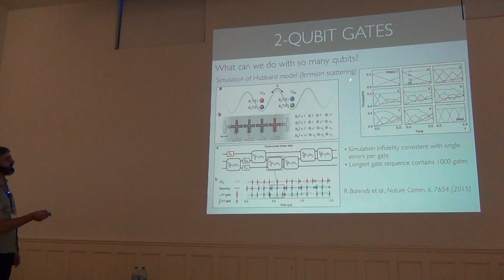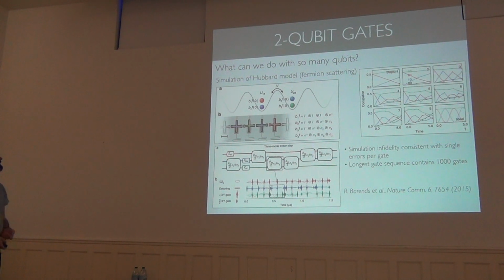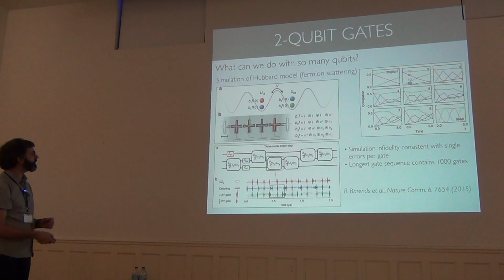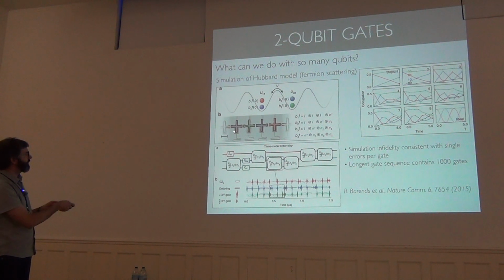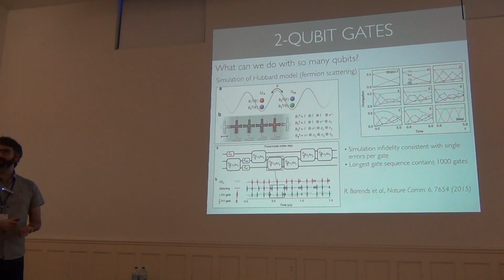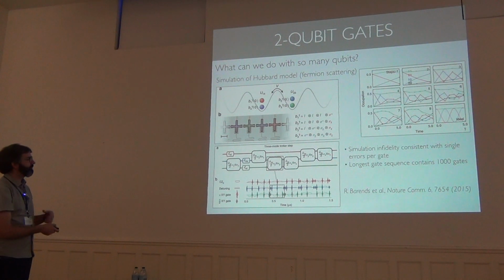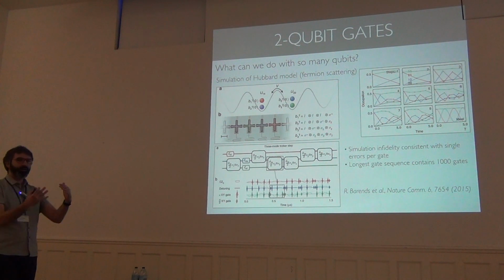In particular, they were looking at simulating fermion scattering. That means 2 electrons that scatter in a potential well of this lattice. In that particular experiment, they used up to 4 qubits, and basically there's a mapping. So qubits are actually not fermions, so you cannot directly pretend that the qubit is a fermion. It doesn't follow Fermi statistics, but you can fermionize a qubit by using a method where essentially